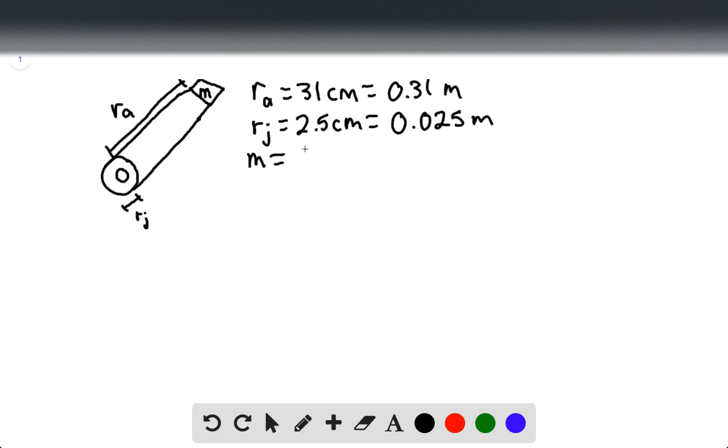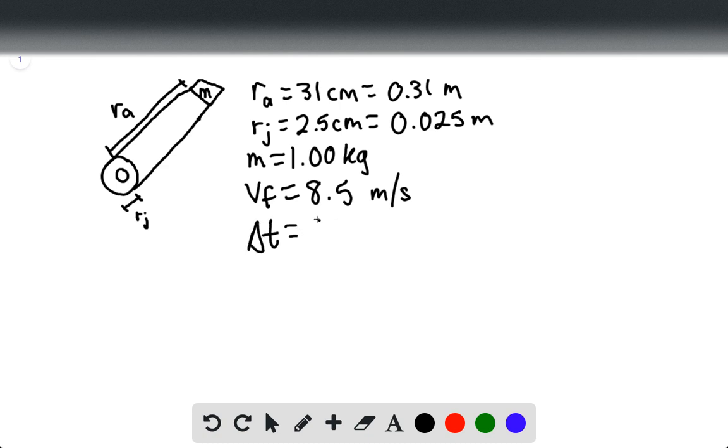The mass of the ball is going to be 1.00 kilogram. And then we have the final velocity of 8.5 meters per second. Then we have the delta t of 0.38 seconds. And we have the mass of the arm at 3.7 kilograms. So in order to approach this, we should first try to find a formula for the moment of